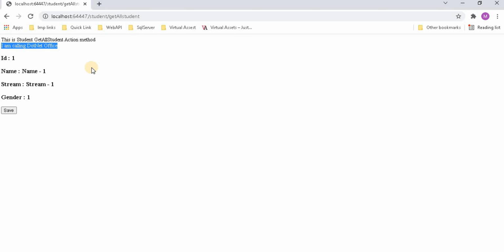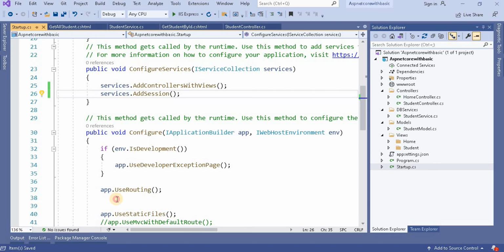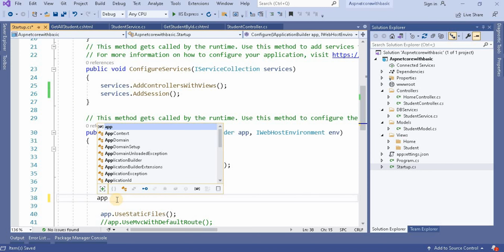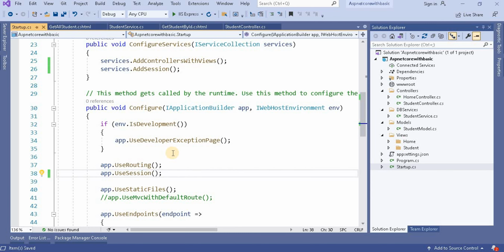Inside this we can pass the session options as per the second overloaded method, or we can use the empty AddSession. Similar to this we have to use the particular session, so app.UseSession. About session and cookie we will talk briefly when we discuss middlewares, like how we create middleware and how we use custom middleware in an ASP.NET Core application. All these things we will discuss in the coming video.